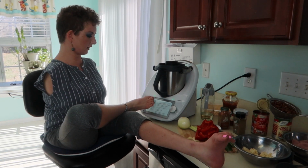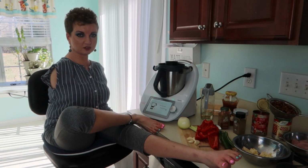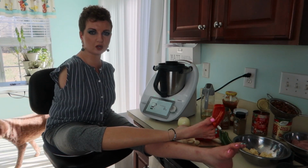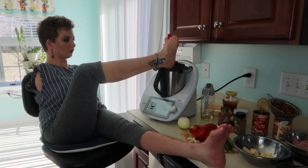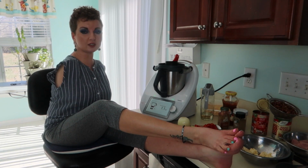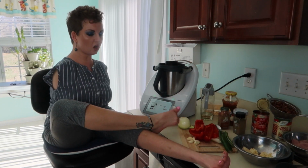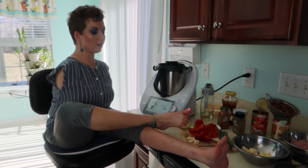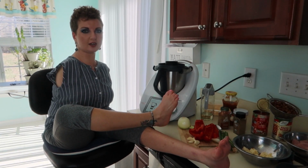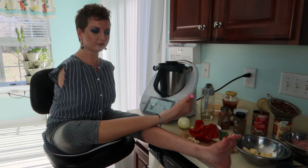Another thing that I like to do, let me just exit out of that, when you scroll and hit the scales, it told me to use 4 ounces of pepper. So I will hit the scale and just put the pepper on it. I've actually put the whole pepper on it just to have a rough estimate of how much I need. So when it comes to the onion, the meat, the pepper, and the celery, I like to pre-weigh it so that I know how much of it I need to wash, how much of it I need to cut,